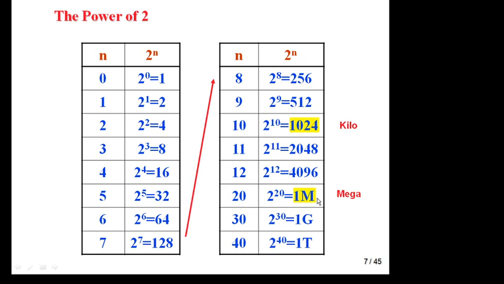Always remember this, because when you have to determine the length of the address bus or the total address lines required, if the memory capacity, RAM or ROM capacity, is 1 GB, 2 GB, or 40 or 32 KB, in that case only if you know this can you determine it. Next, 2 to the power 30 is 1 gigabyte. Okay, and 2 to the power 40 is 1 terabyte.